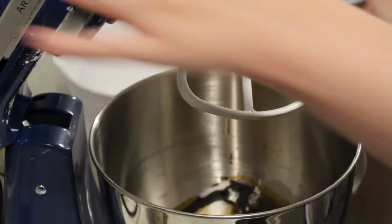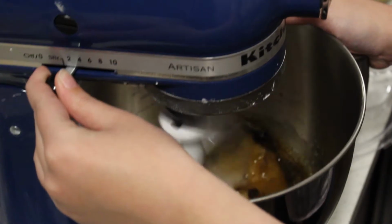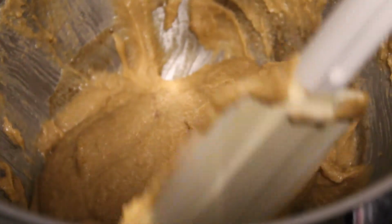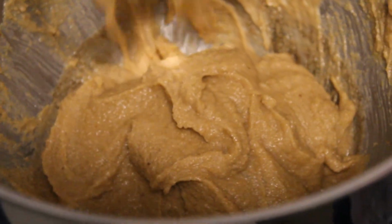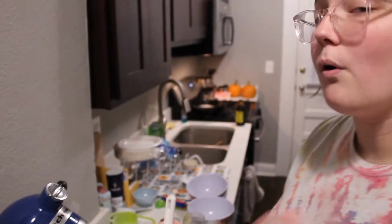Then we're going to cream that together until it becomes all nice and smooth. By the time you're done creaming the sugars and the butter together, it shouldn't be entirely liquidy, but it also shouldn't be entirely pasty. It should kind of keep its shape when you move it around with the spatula. So now what you're going to do is to this you are going to add 1 whole egg and